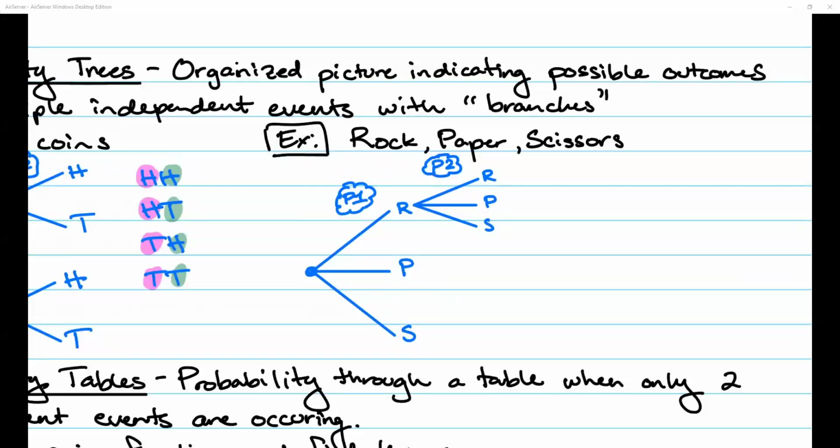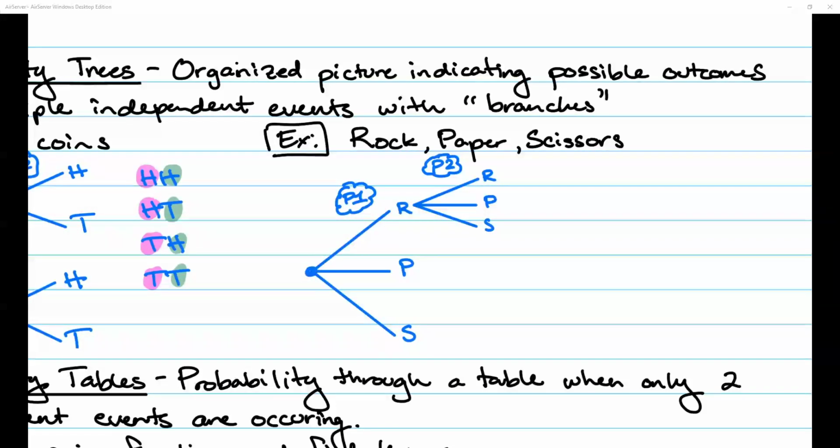So when I look at this combination right here, this last dot over here, I would say that player one went rock and player two also went rock. So it was rock with rock. If I look at this option, then it looks like player one went rock, but player two went paper. And if I look at this option, then it looks like player one went rock and player two went scissors. Okay. Now, those are all the options, assuming that player one went rock,